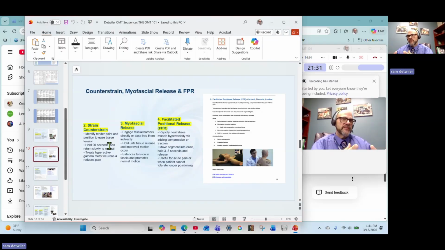2, 1, 0 would be perfect, out of 10, pain on that point. You hold that for 90 seconds in that position of ease, and then you slowly, passively return that patient down